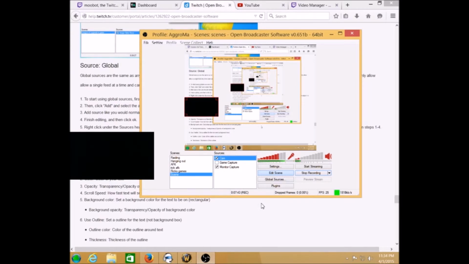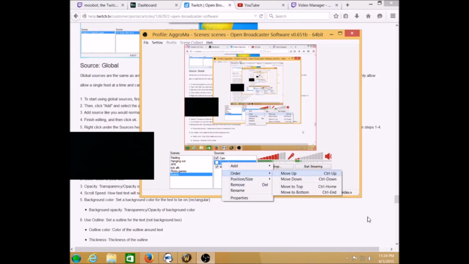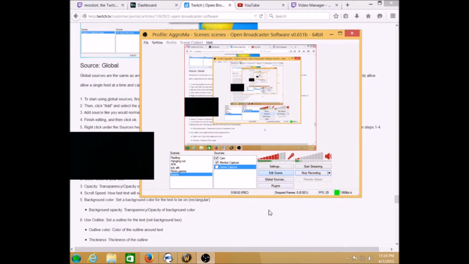So the next thing that you need to worry about is the order. When you have a bunch of things here, you want to make sure that the game capture, which is what's going to be your main thing, is at the bottom. So you want to change the order and always move it to the bottom. That's what's going to be your base. That's always going to be your base, and then whatever's on top of that,